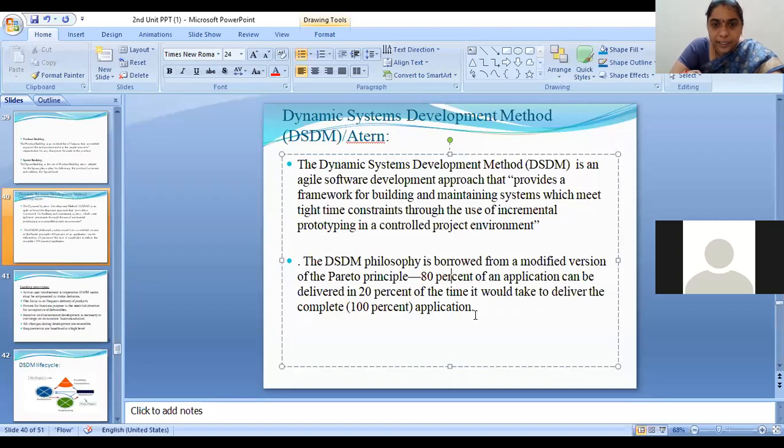Suppose in your class you have 100 students. If I ask you to organize some freshers day, some events, a tech fest, all these kinds of things, even though all 100 students are responsible for organizing that event, among you 20% of students will be more active.